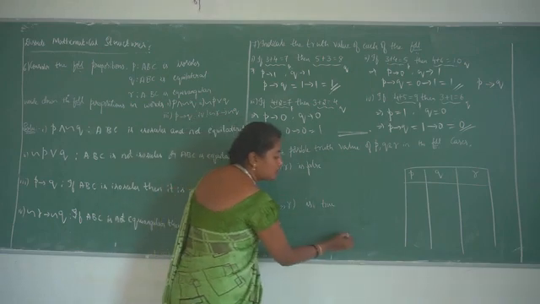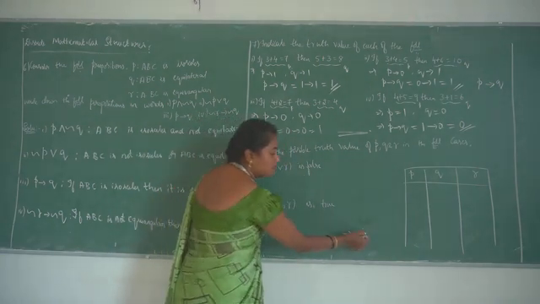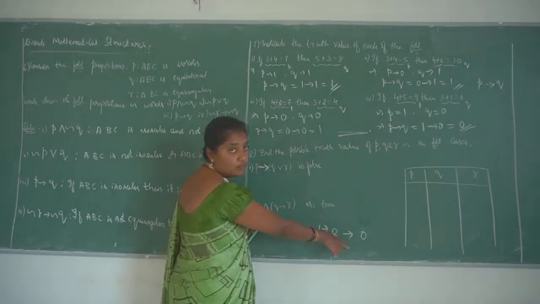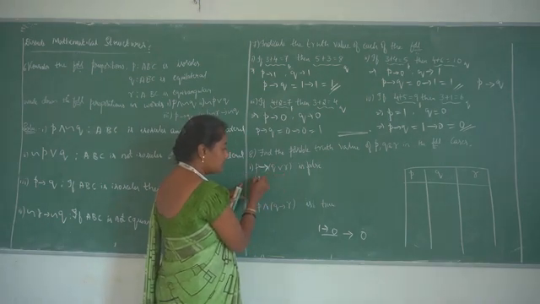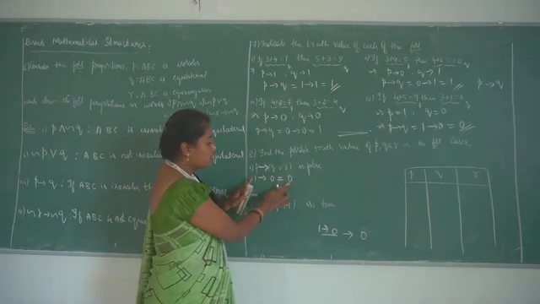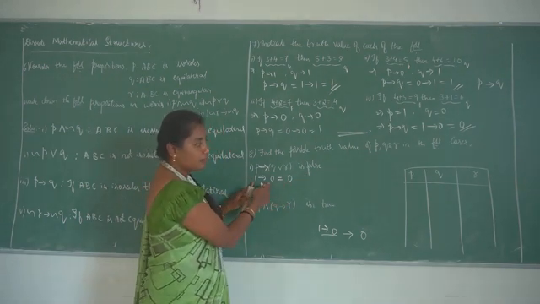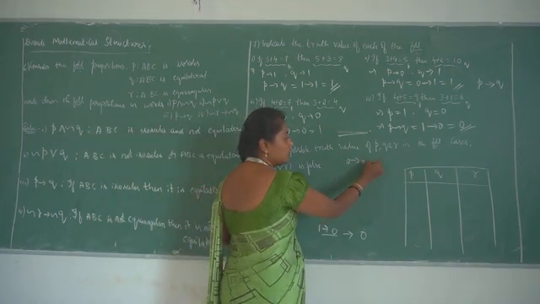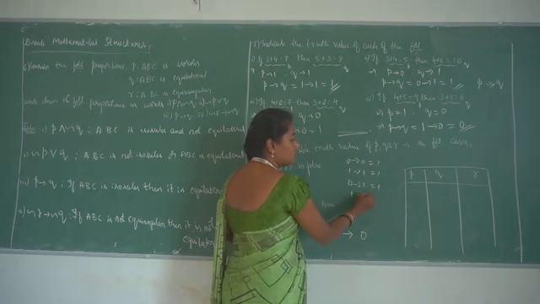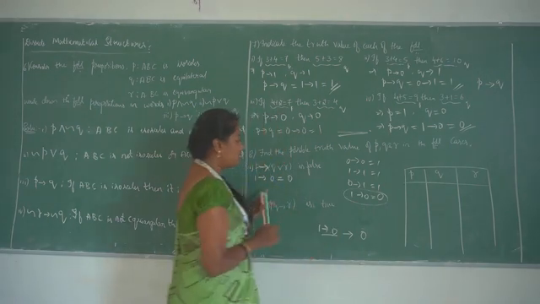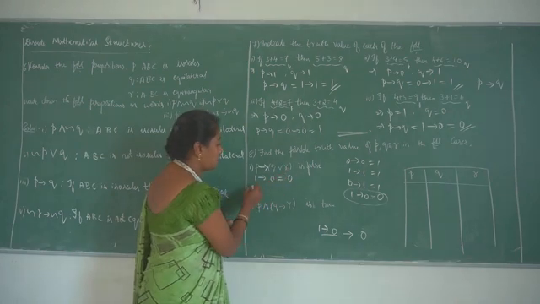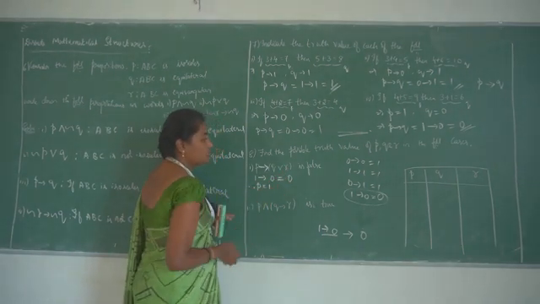For a conditional proposition to be false, that means the value must be 0, the only possible case is 1 to 0 is equal to 0. This is a false statement, in the form of 1 to 0 which is equal to 0. Because 0 to 0 is 1, 1 to 1 is 1, 0 to 1 is 1 and 1 to 0 is 0, only the 1 to 0 case gives 0. So the value of p is equal to 1 and q or r is equal to 0. That means the value of p is equal to 1, which is the fixed term.